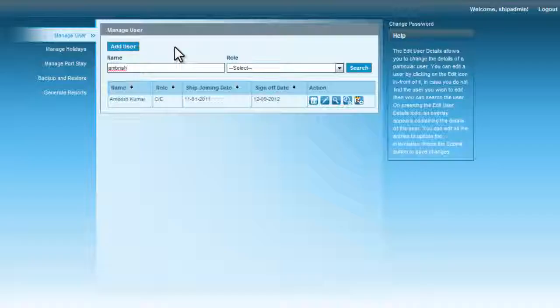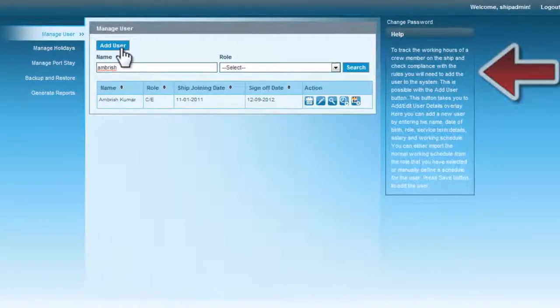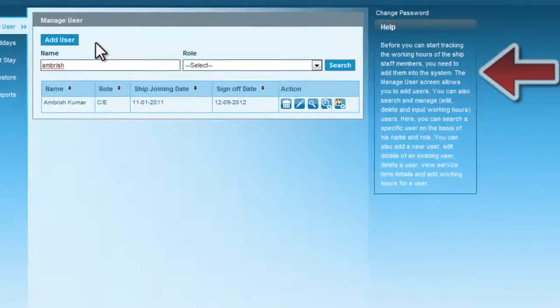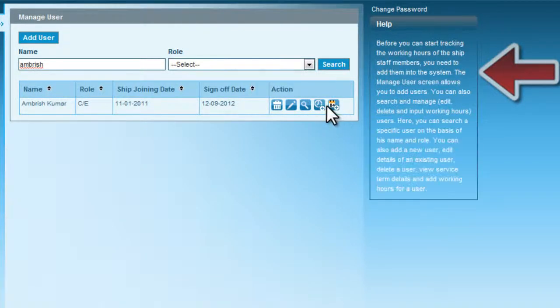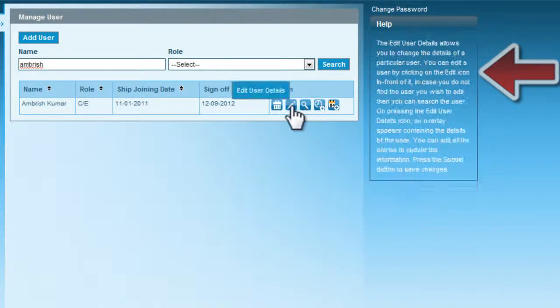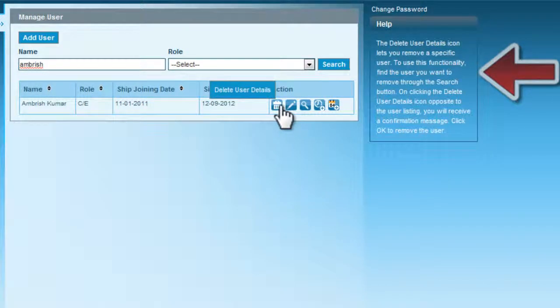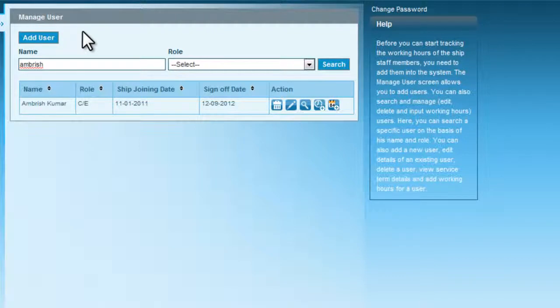Please note that for your assistance, all the buttons and action icons are supported by help documentation. When you take the mouse to any button or action icon, the help space on the right of the screen tells you what tasks a particular button or icon performs. On-screen help assists in speeding up the training process and providing immediate support while performing routine activities.